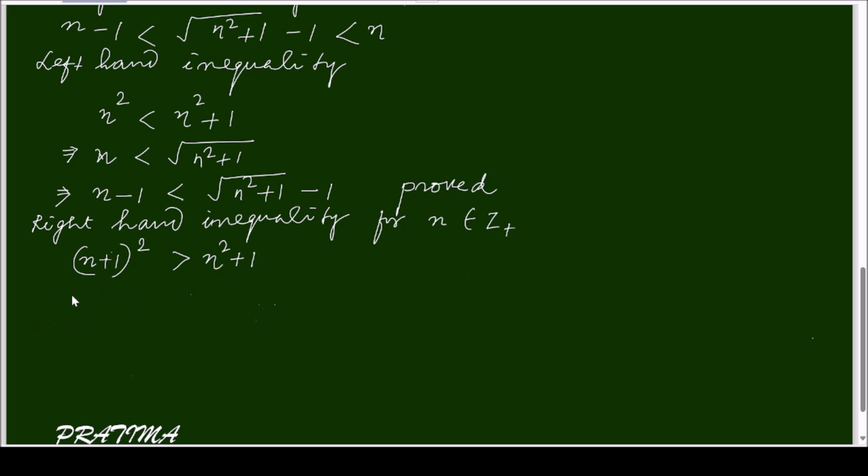Or n plus 1 is greater than square root of n square plus 1. Or n is greater than square root of n square plus 1 minus 1. So proved. Now combining